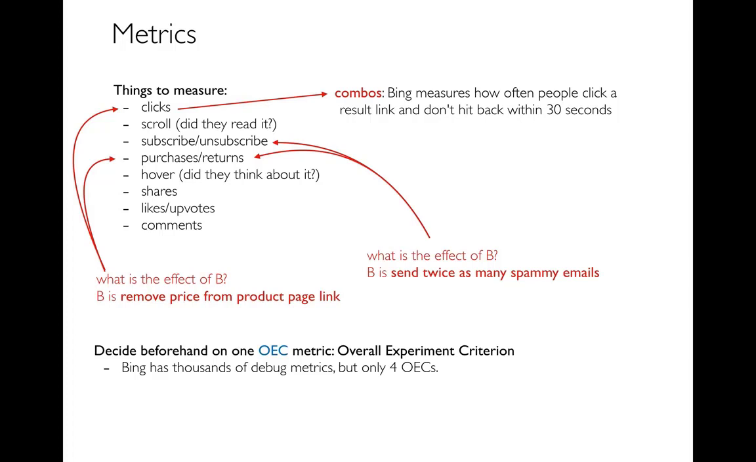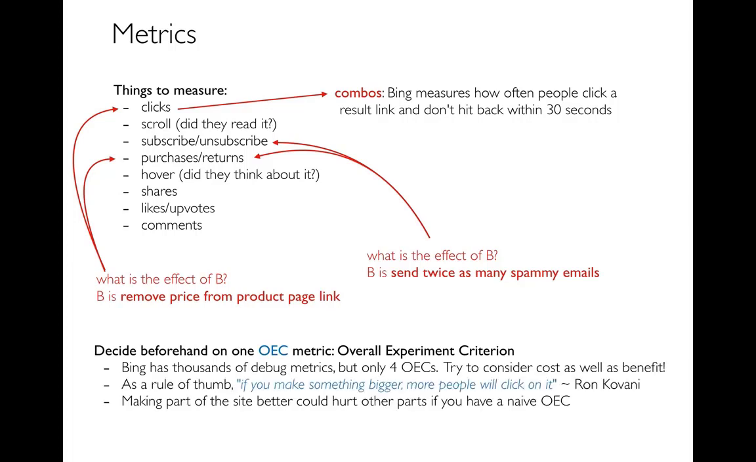At Bing, in that keynote, they talked about how they really only have 4 OECs, and you have to pick one up front before you do your experiment. But in addition to that, they have thousands of debug metrics, right? So maybe the OEC tells you whether we should do something, but these other metrics will maybe tell you why. Why did version B not work, right? So you want to determine that OEC up front, and you want to try to consider the cost as well